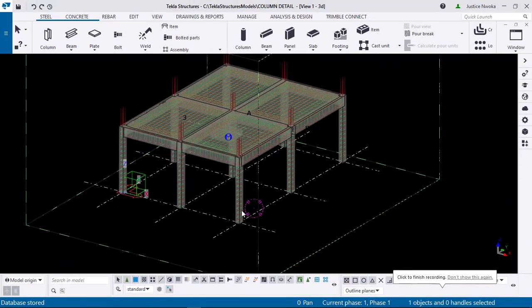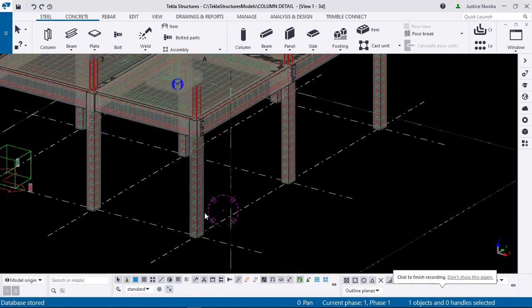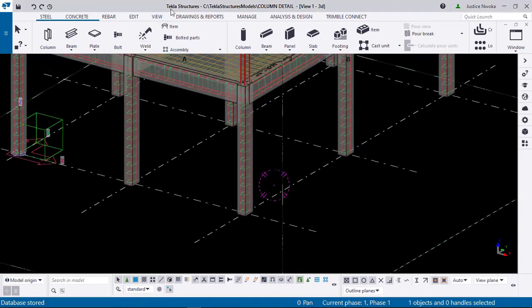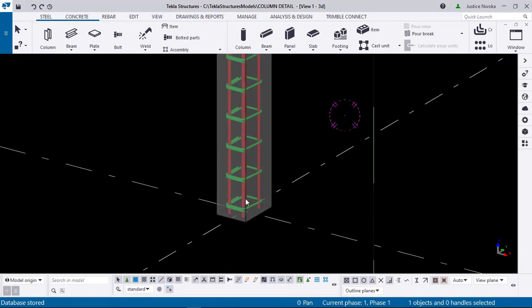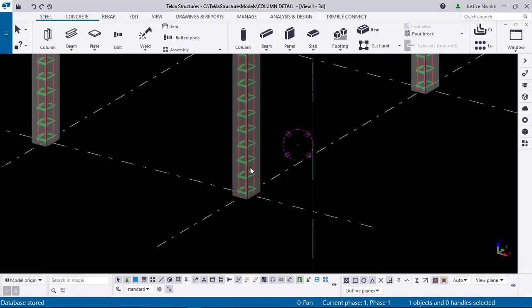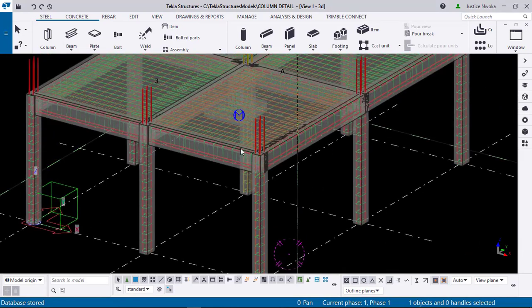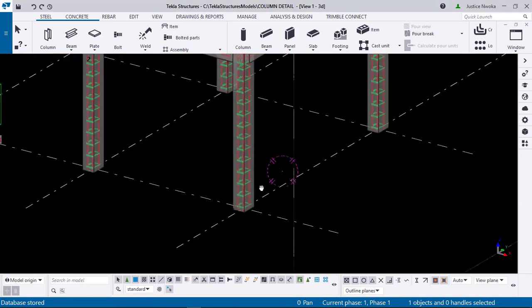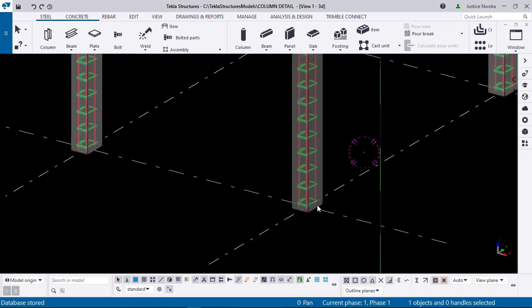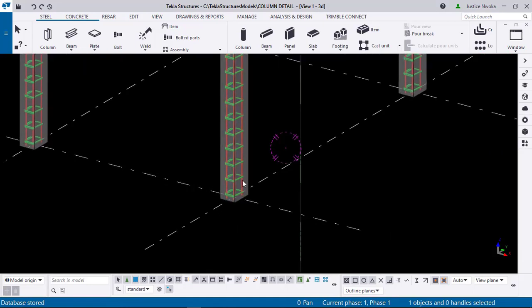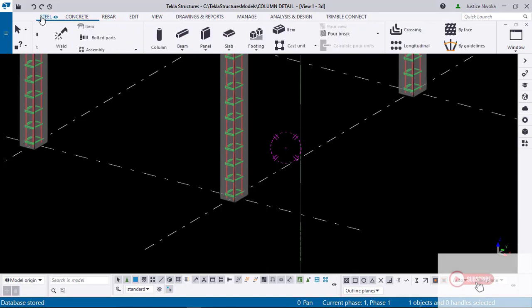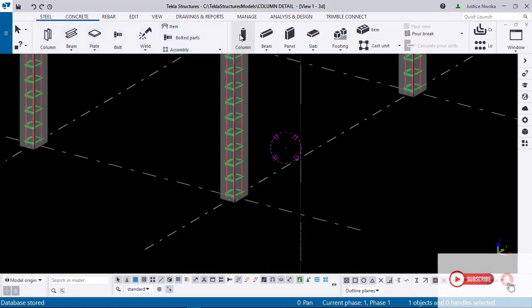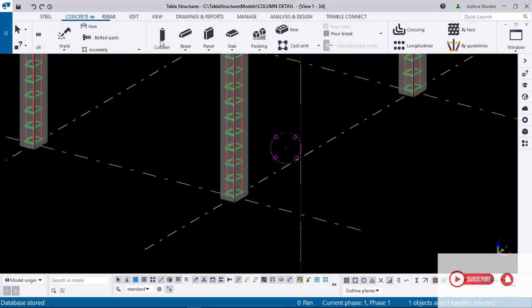Okay, so for us to begin our footing detail here in Tekla Structure, the first thing we'll do is to insert our footing base for this column right here. As you can see this column here. So to insert footing base, you click on steel or concrete. Then if you click on steel, you can go to concrete region, or you quickly click on concrete and then